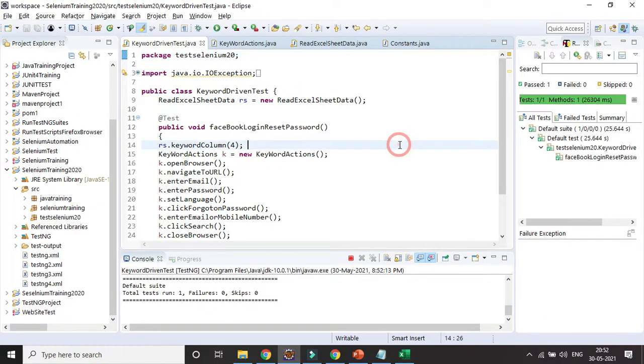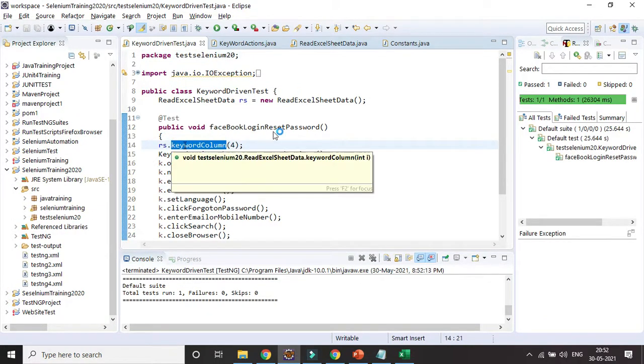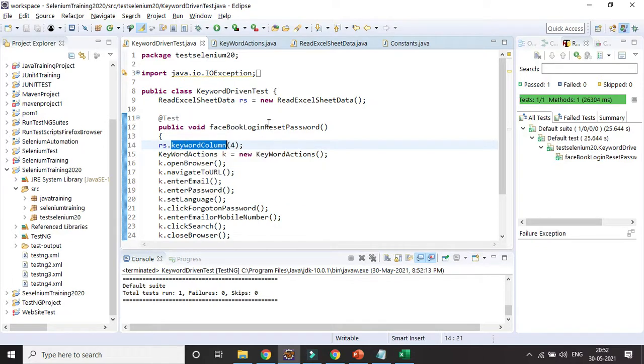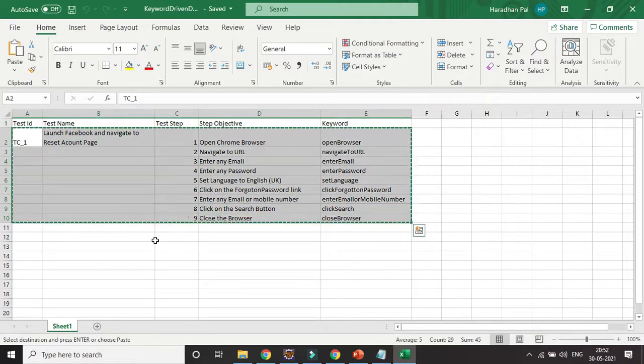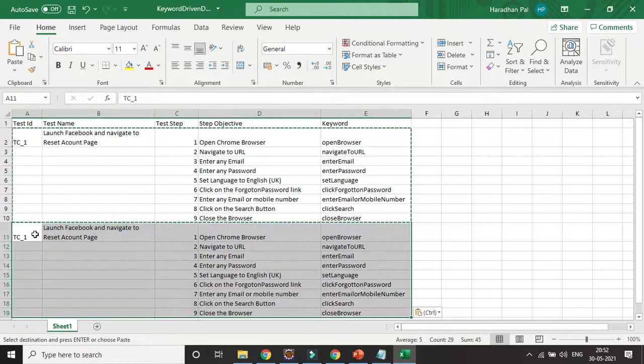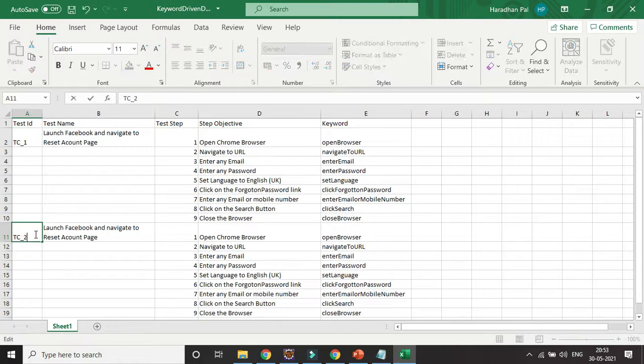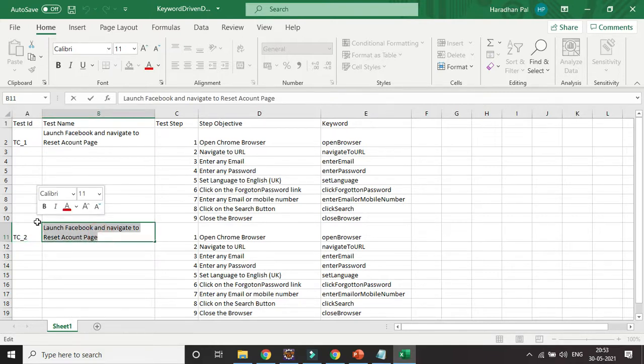So we are only calling the methods instead of writing the method every time in the main test case. Now say I want to add one more test case here, instead of one test case. Suppose test case 2, where we only need to launch Facebook and add email and password.